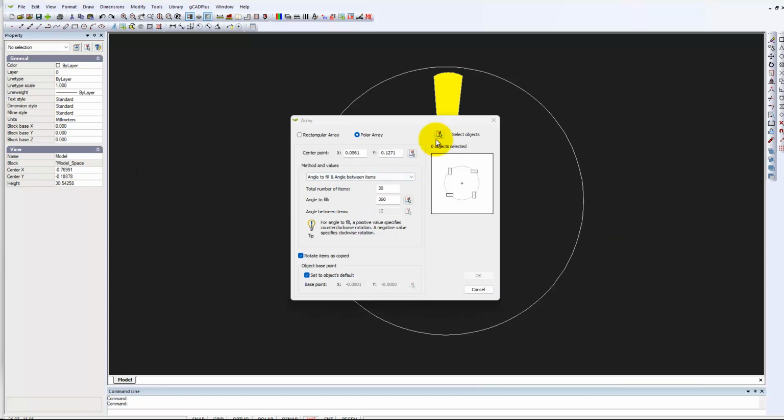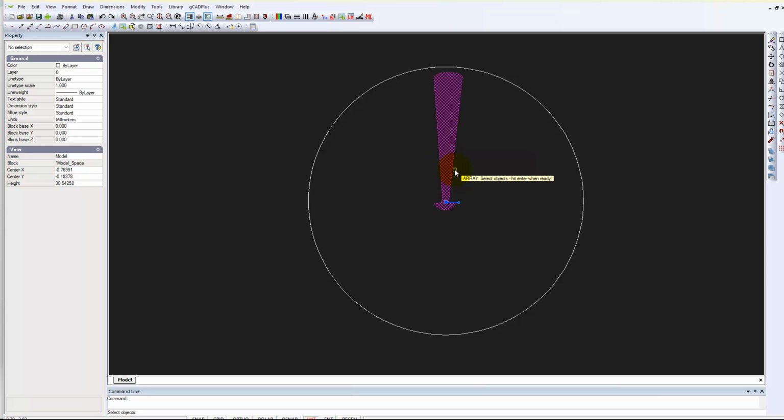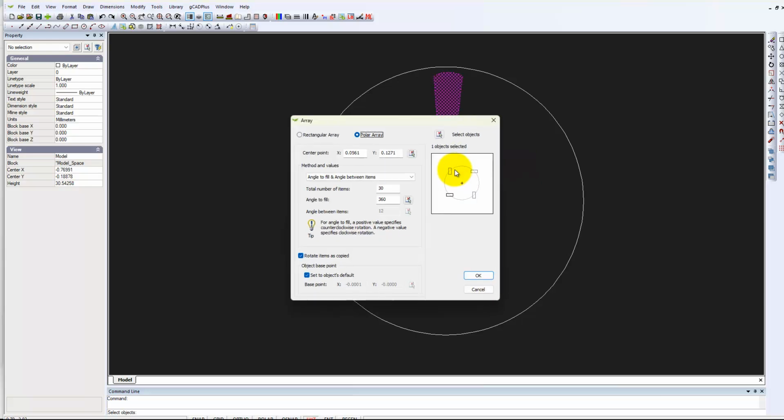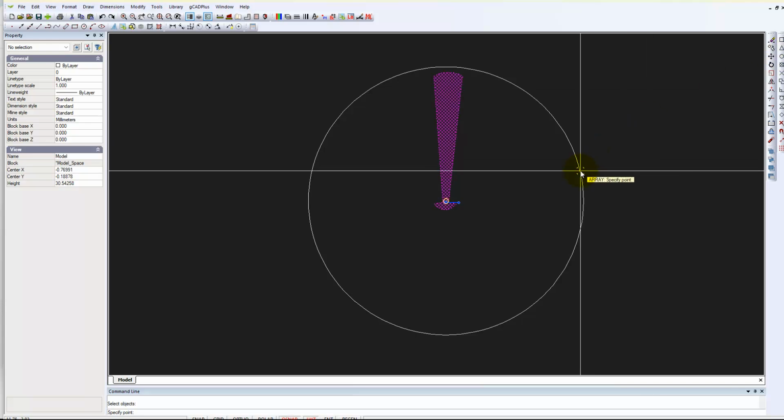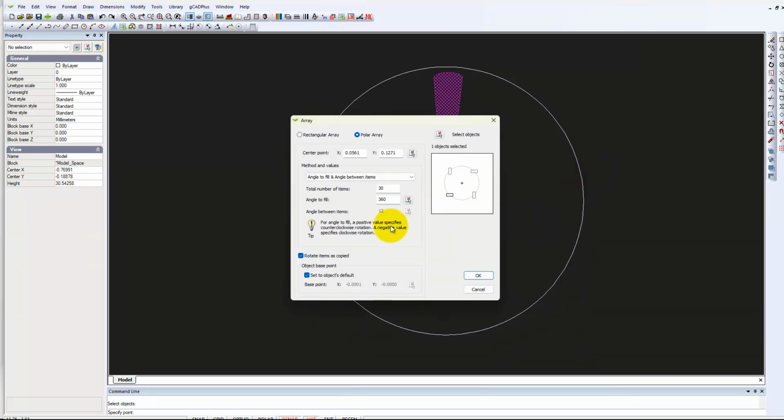Well, I would first select the object, and in this case it's a block, and then hit enter. That returns me to the dialog box. I then set the center point, and I can O-snap to the center of a circle. Angle to fill, there are a number of options here which I won't worry about just for the moment, but